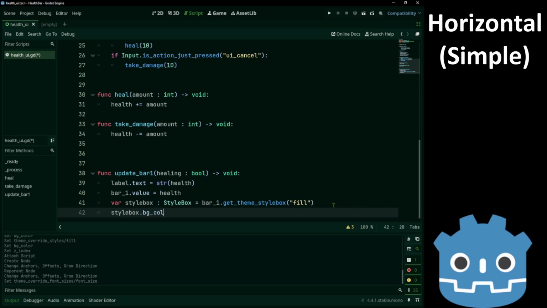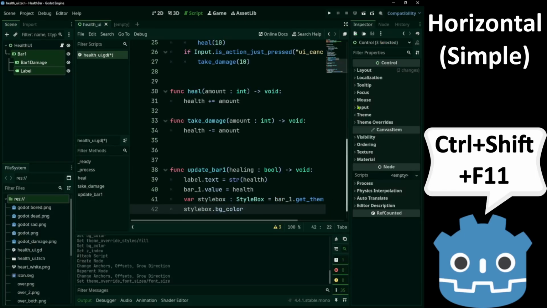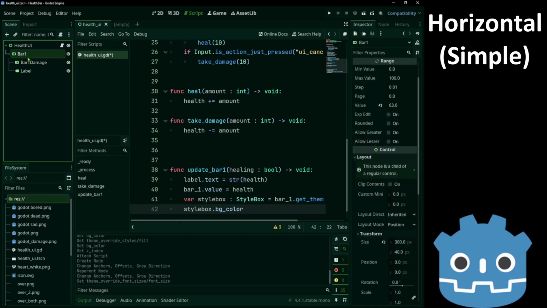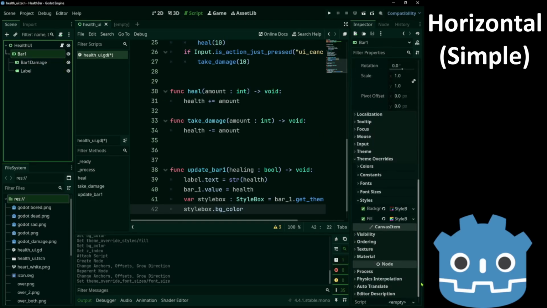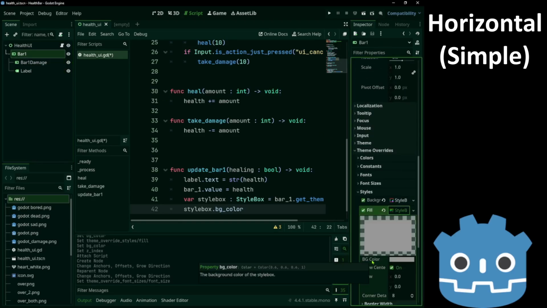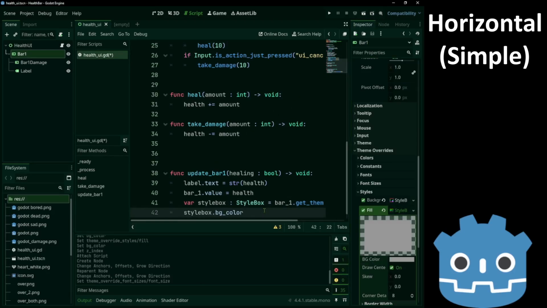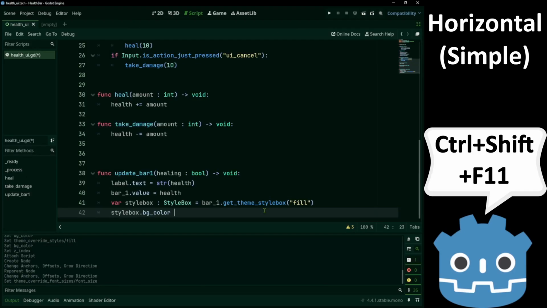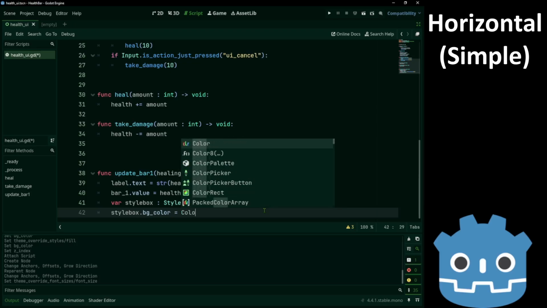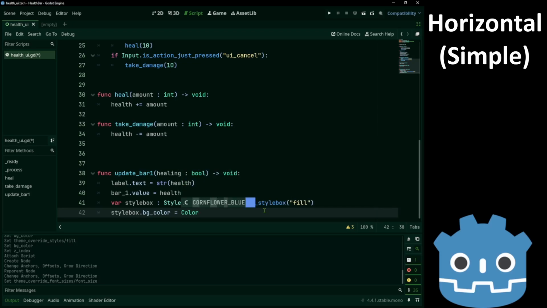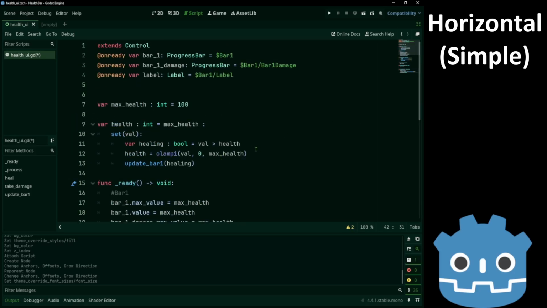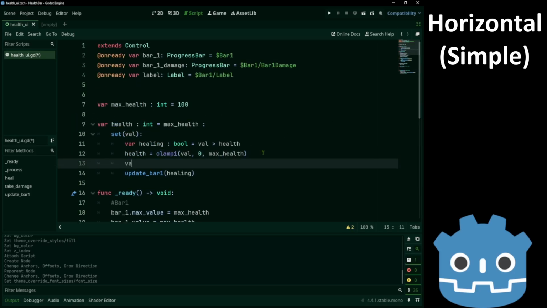bg color. Hold on. bg color, yeah. And that will be color. Let's also pass a ratio of the health.